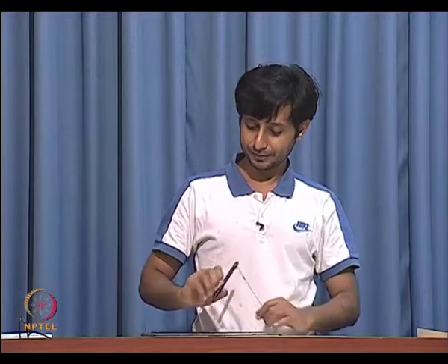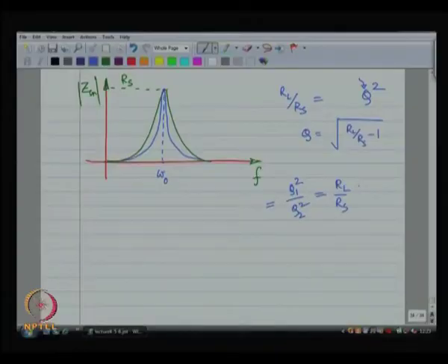So, something like this. So, Q 1 squared has got to be Q 2 squared times Q L,